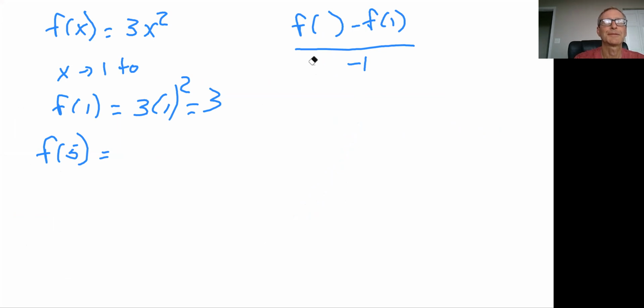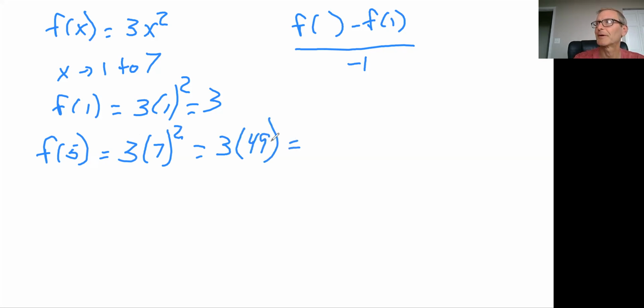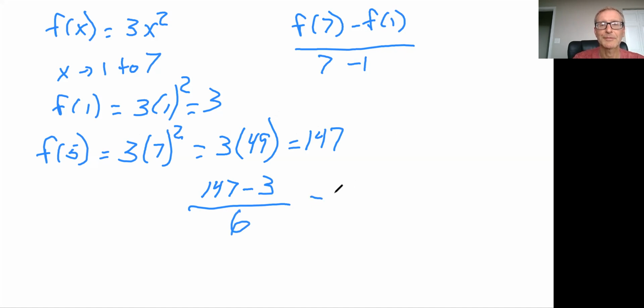Little quick erase, that wasn't too bad. So we're going to go to 7. So again, our first one's still the same, but what do we have here? So that would be 3, and 7 times 7 is 49. And get out a little calculator action on that one, and that would be 147. So what would that be? This would be a 7, and this would be a 7 up there. So we'd have 147 minus 3 over 6, right? 7 minus 1 is 6. So that's